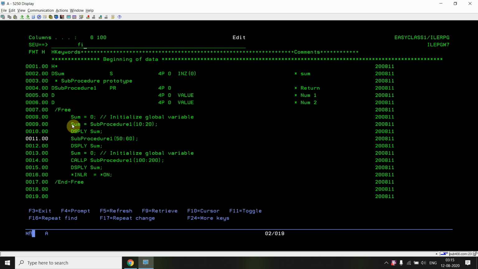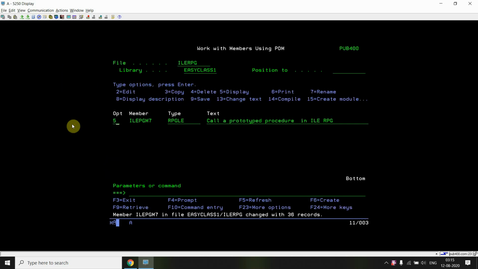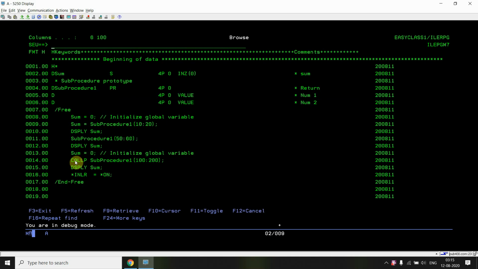One more thing: call p is optional here. So this and this are the same, they don't have any difference. The difference lies here only.